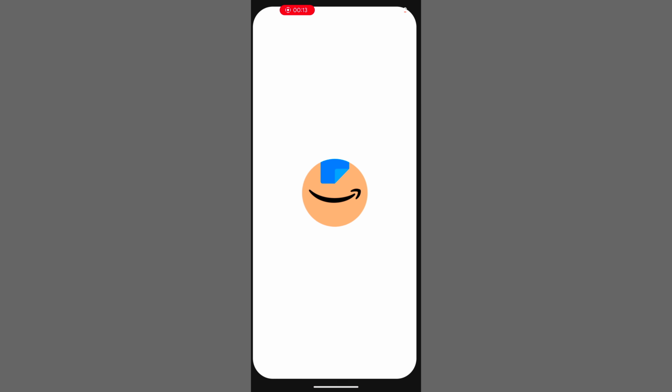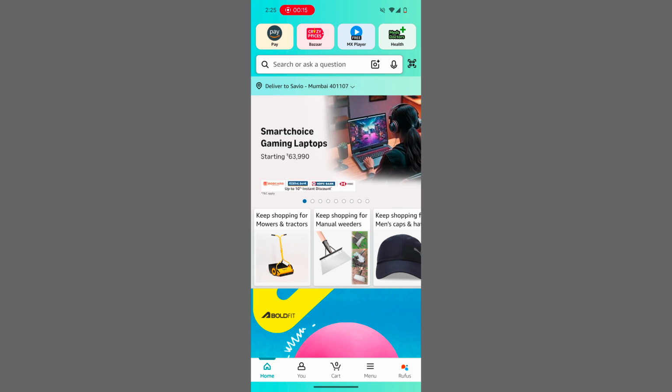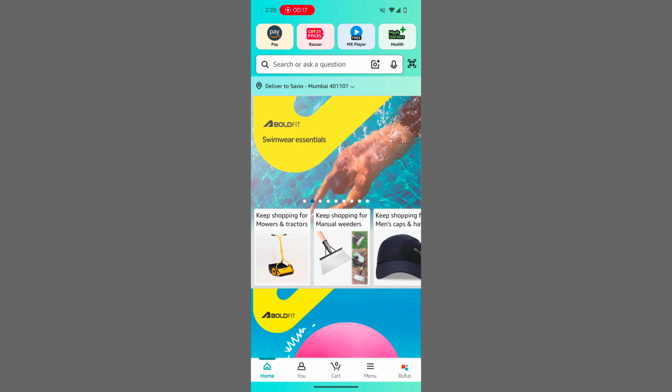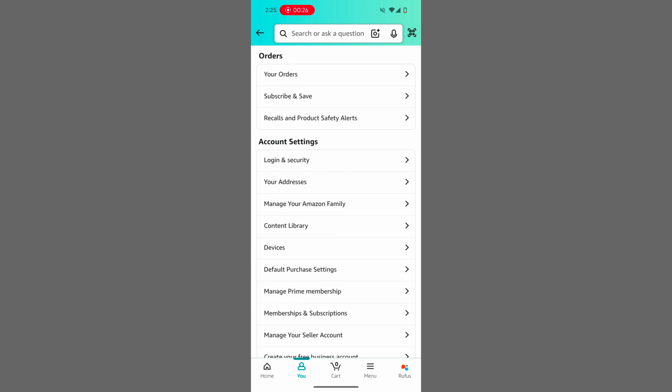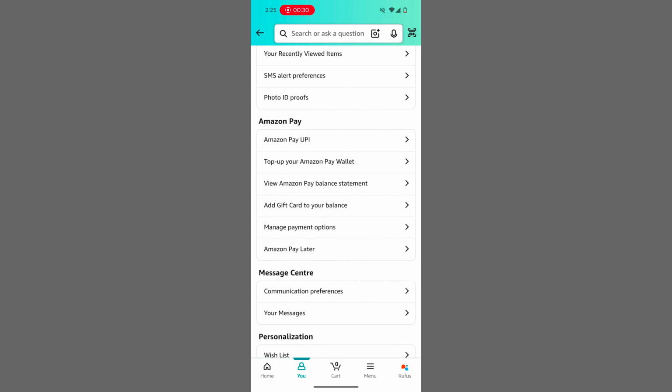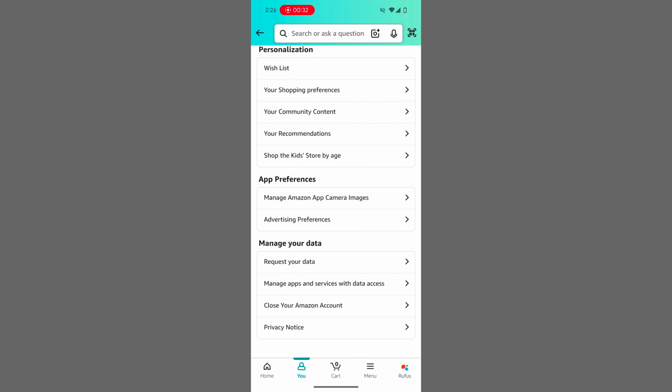First you open the Amazon app. Once you open the Amazon app, on the bottom right you'll find the menu option. Click on that. Once you click on the menu option, you'll find your account. Click on account, and then you'll find multiple options. It's a bit hidden. You have to just scroll down, and here you'll find an option of close your Amazon